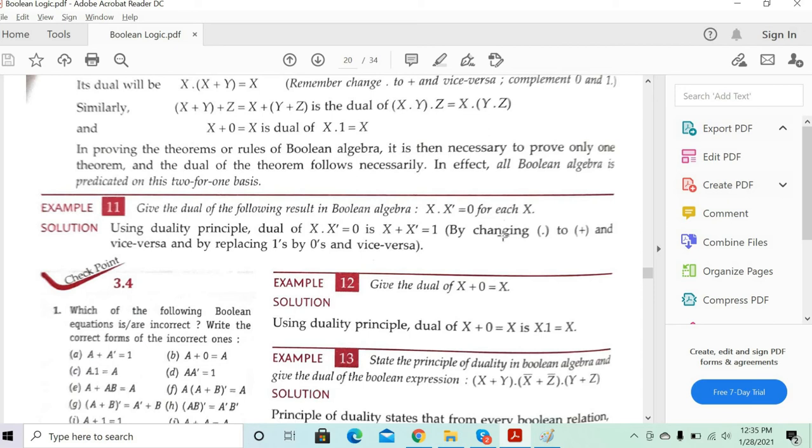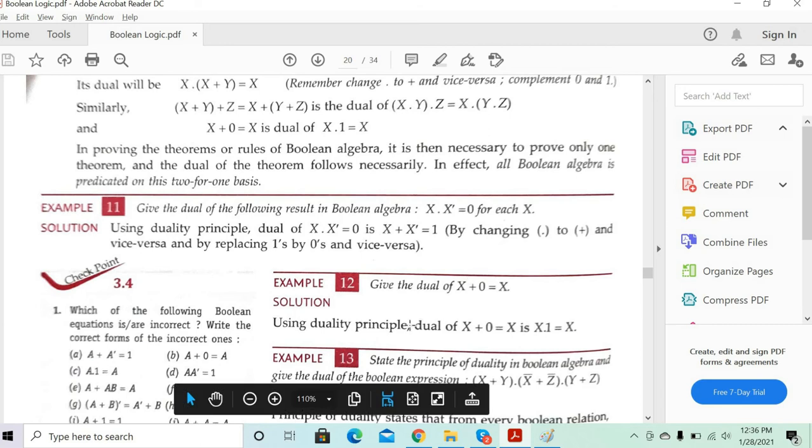See, if x is 1, then x dash will be 0. If x is 0, then x dash will be 1. So both the times the answer will be 1 only. Correct, no? Yes, sir. Both times the answer will be 1 only, because any value of x you take, if we take x as 0, the x bar will be 1, and you are doing OR only. And if you take x as 1, then x bar will be 0. So anyway, 1 will be the answer all the time. Clear?